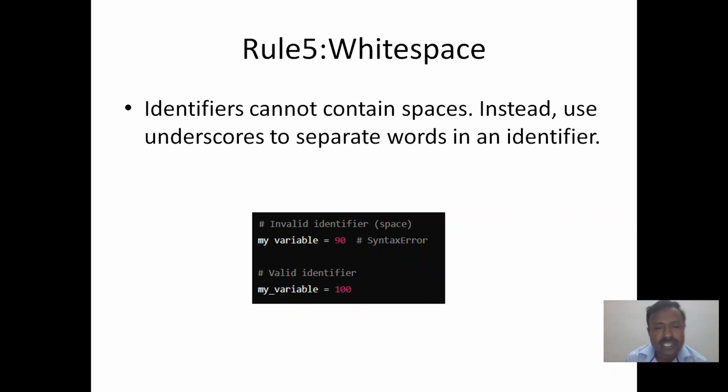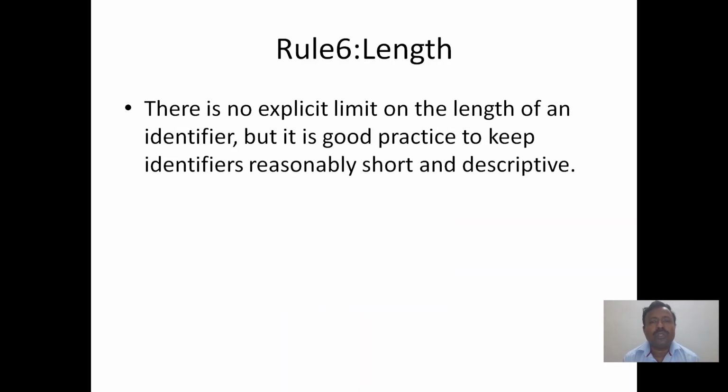So my space variable cannot be treated as a what? Valid identifier. If you see the second example, the my and the variable, two different words connected by underscore, then it is a what? Valid identifier. Now coming to rule 6,